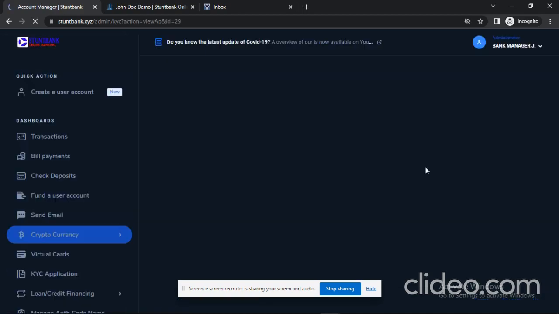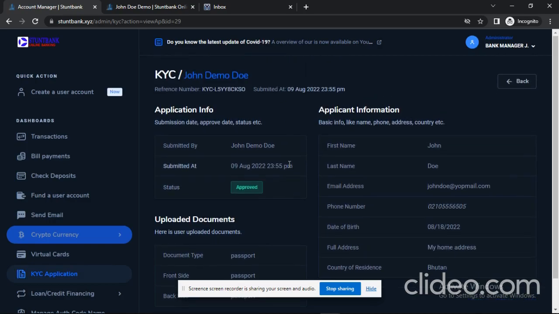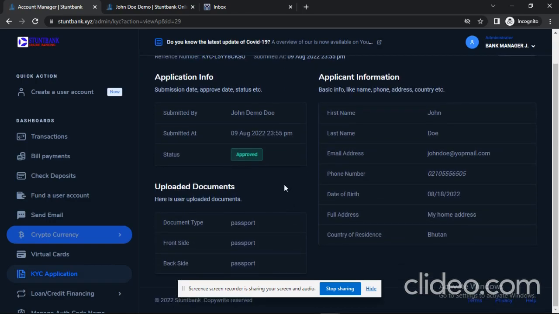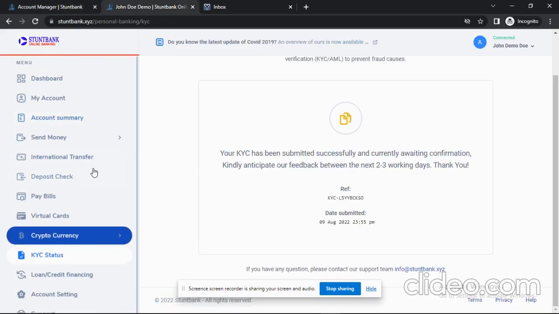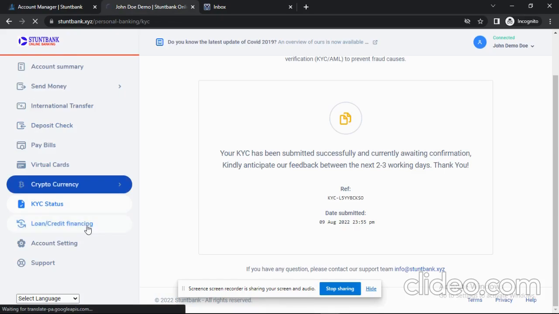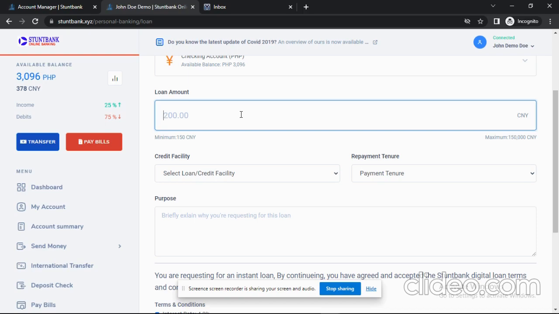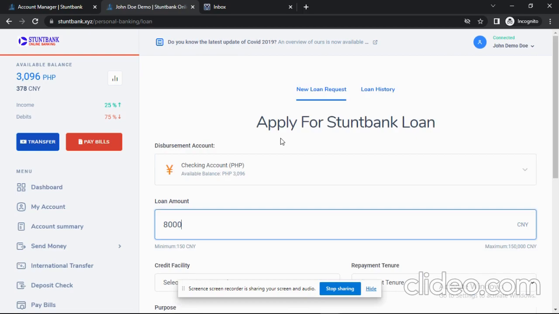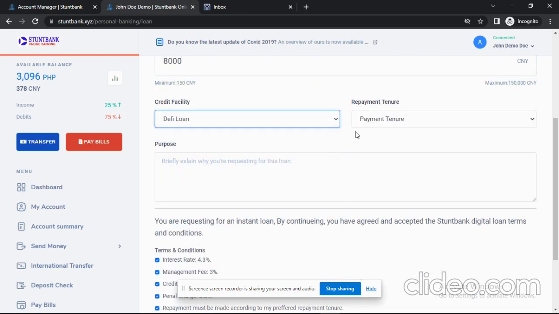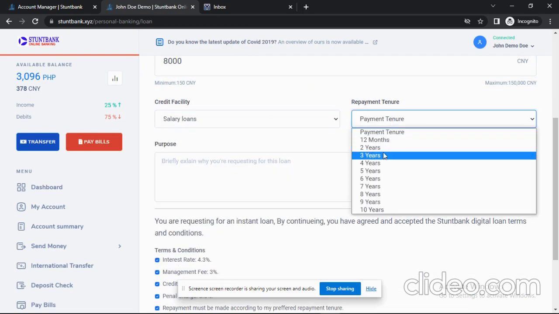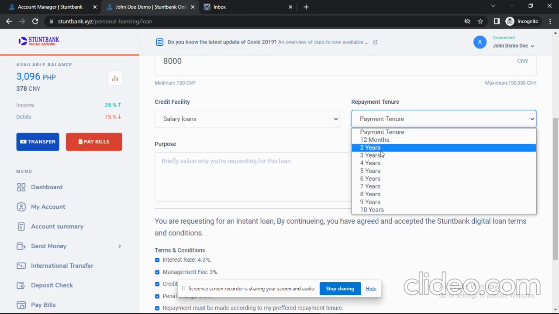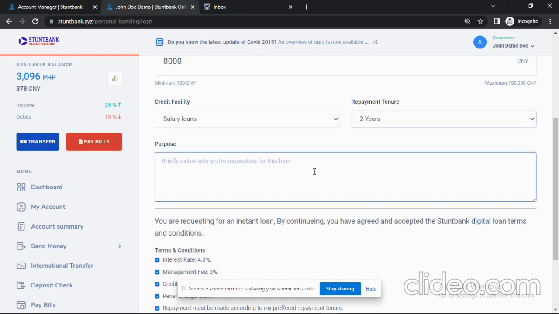This is the KYC details which the user just uploaded. Okay, this is for loan and credit financing. For applying for a loan, let's say we are applying for an 8,000 yuan loan, salary loan for 2 years. For demo,